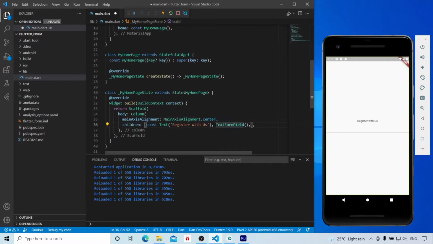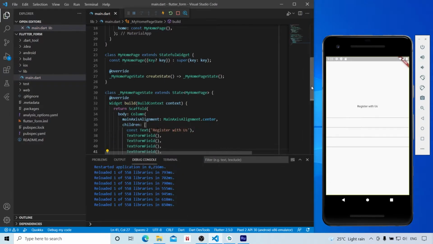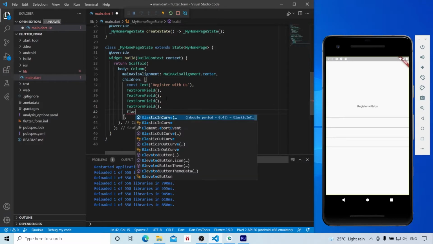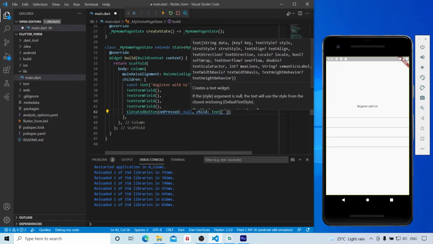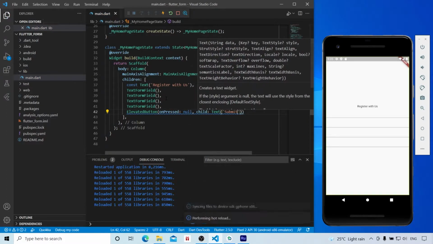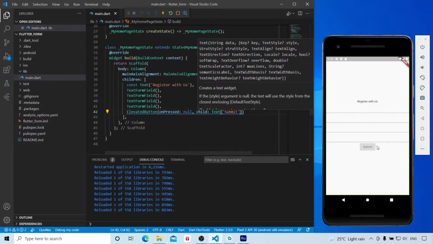Add other form fields. I have added 4 form fields. Now add an ElevatedButton as our submit button. We will add a Text of Submit inside it.